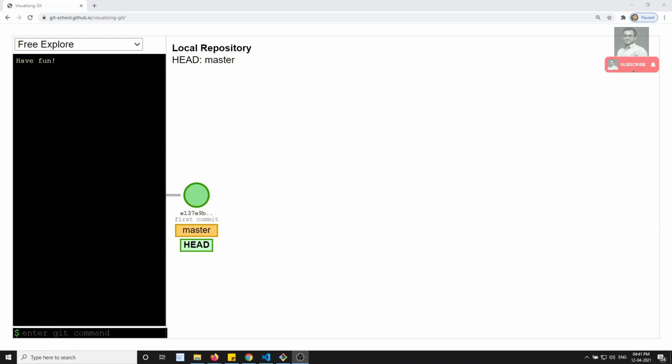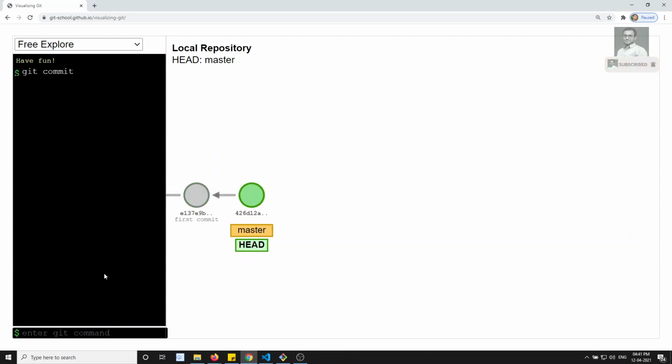In this video, we will learn about merging two branches. So why do we need to merge two branches? For example, see here, this is our visualization of Git, and here we have a master branch. Now I will commit something in the master branch. Okay, so we have committed. The head has moved, and the master has also moved to the latest commit. Fine, up to here it's fine.